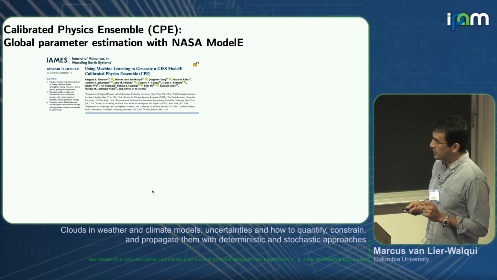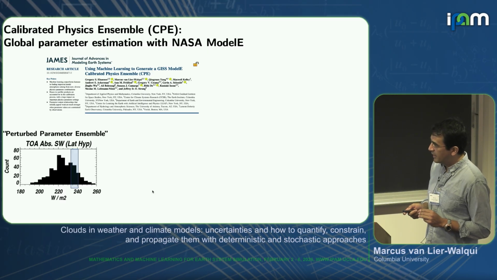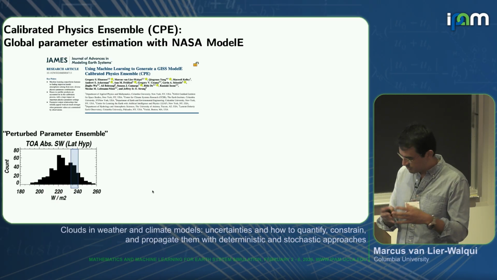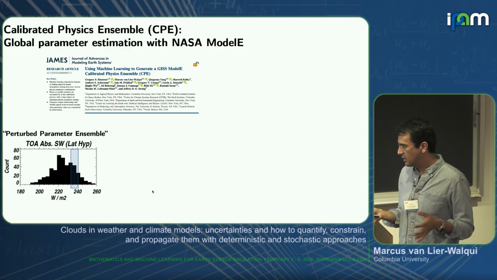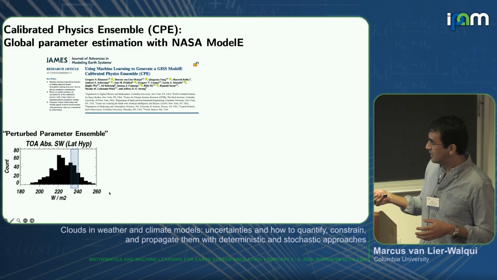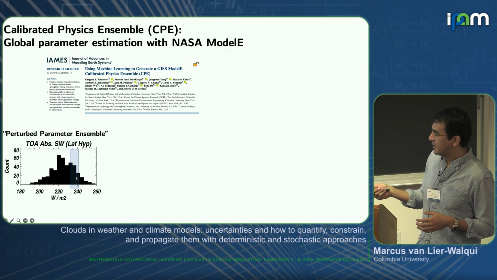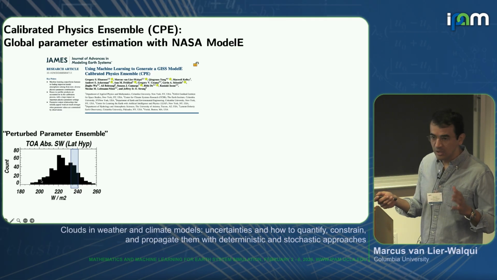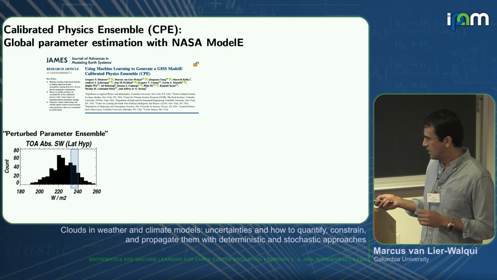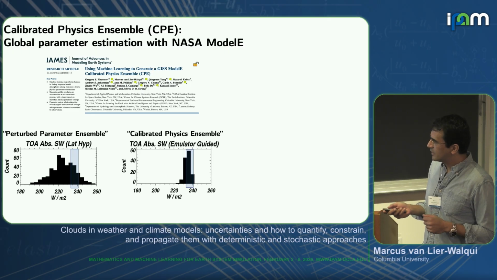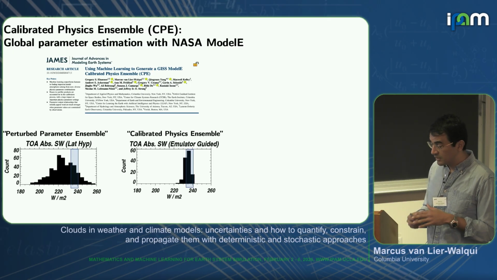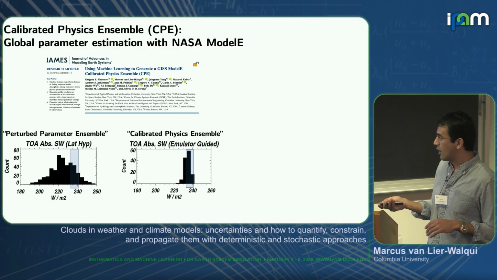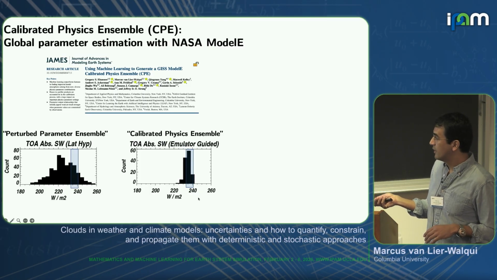Okay, let's see. So we've done this. This is in a paper. You can find this online. And this idea of a calibrated physics ensemble is that if you just do a perturbed parameter ensemble over some prior range of uncertainty in parameters, what you can get is a lot of values that are completely bonkers, right? We know these aren't realistic. We know these are crazy. They're not really Earth at all. By doing this calibrated physics ensemble, we get a sample of points. We get a diversity of parameter values across the parameter space, but that all agree with a large number of observational targets.